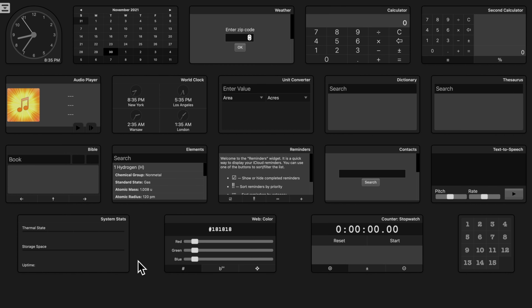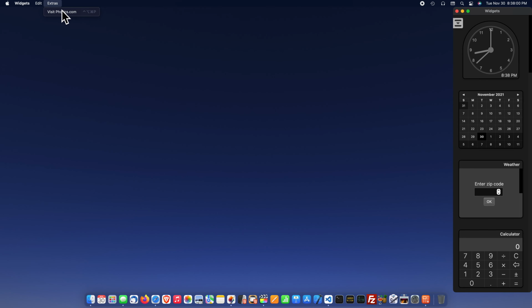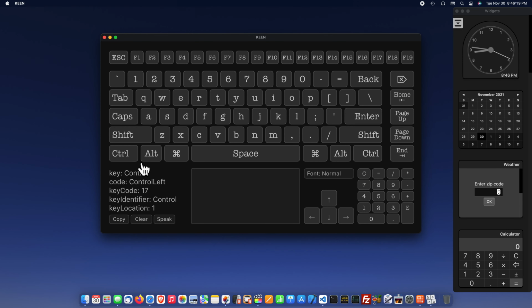One more thing before we move on to the Notification Center widgets. There's an Extras menu up at the top. This is a quick way to reach Photics.com. There's also a Quick Keys combo. By pressing Control plus Option plus Command plus the P key with the Widgets app active, the Photics.com website should launch in your default browser. If that seems like a lot of keys to remember, it's all three modifier keys and the letter P for